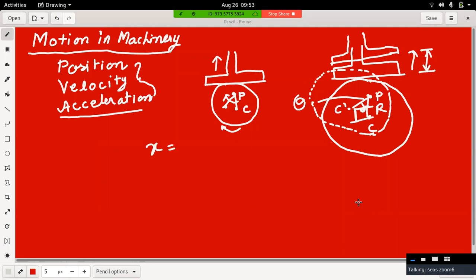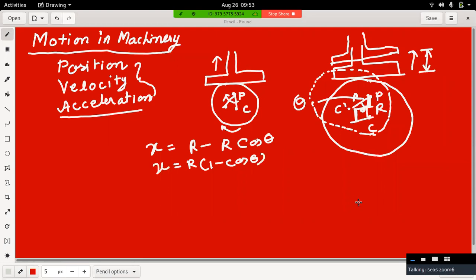So earlier the distance between pivot point and C center point was R minus... from this R, if we subtract this smaller distance, then we will know how much it has gone up. So how much is this? See, this is again R and this is theta, so this will be R cos theta. So R minus R cos theta is the distance it has moved. So we can write R(1 minus cos theta).